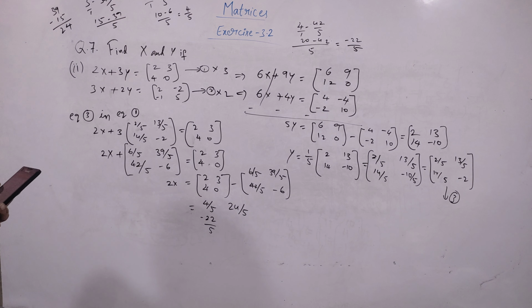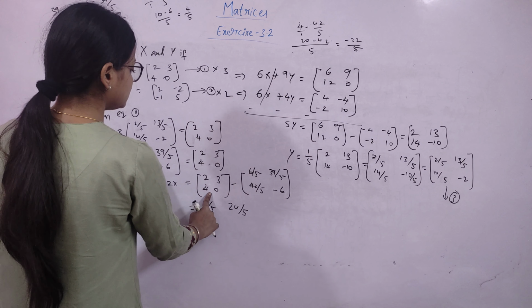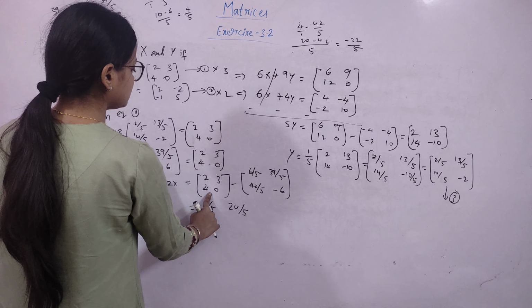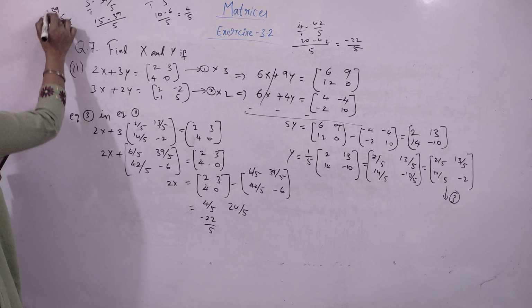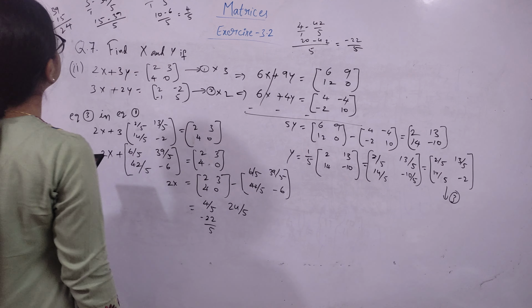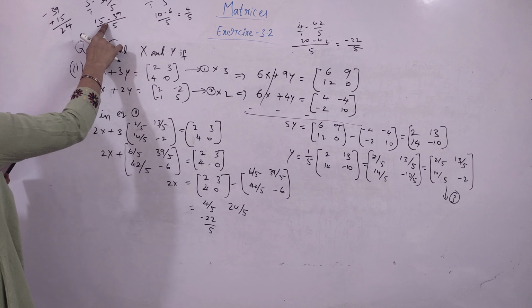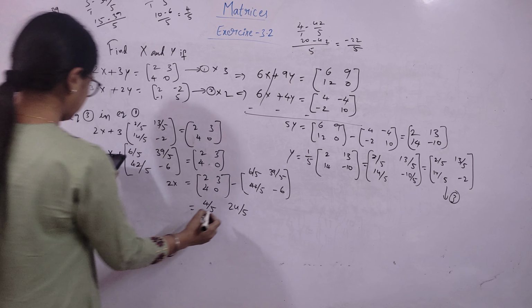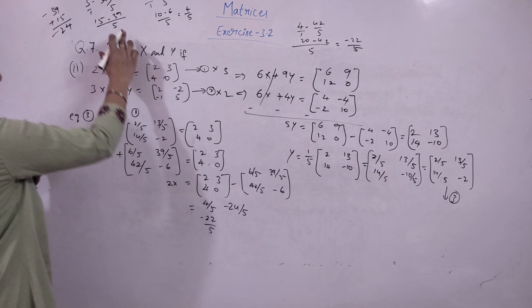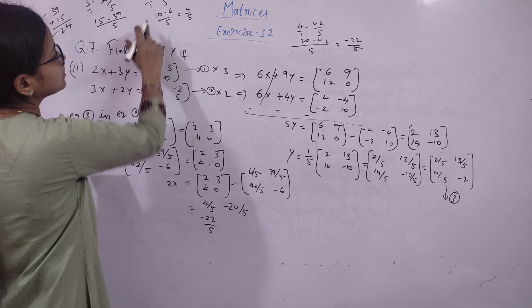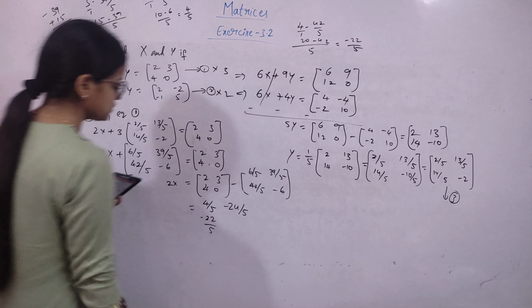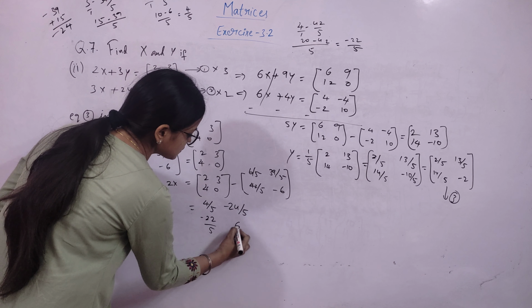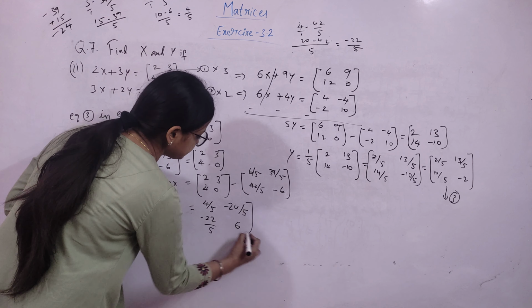Okay, wait here. 3 minus 39, here it is minus 39 plus 15, so here minus 24, and here it is plus 4. Then for 42, the bigger value is 42, so minus 22. Now 0 minus of minus 6 is plus, so 6 here, and this is the value for 2x.